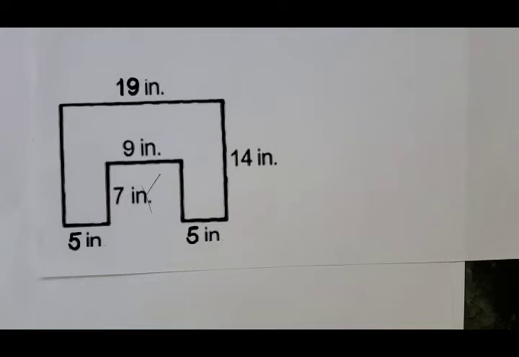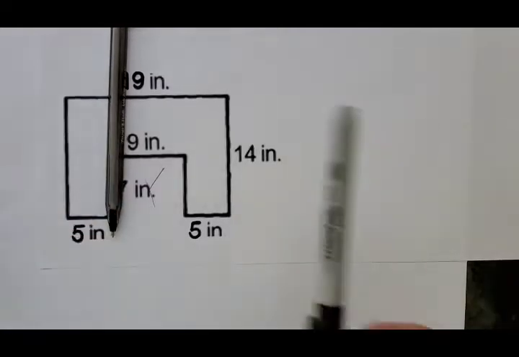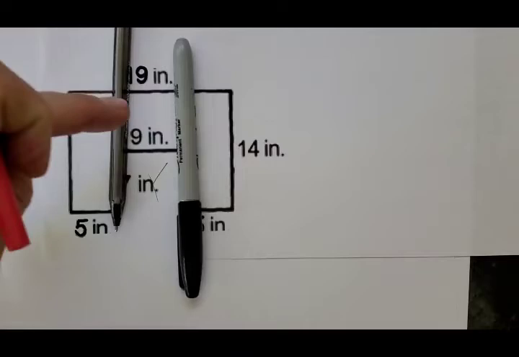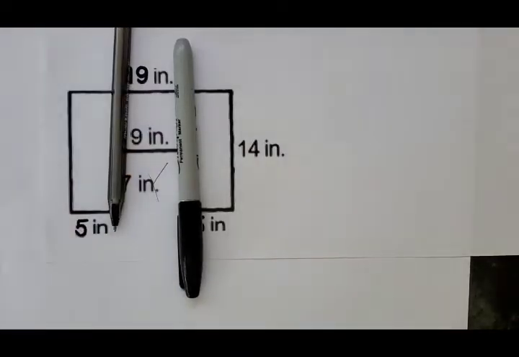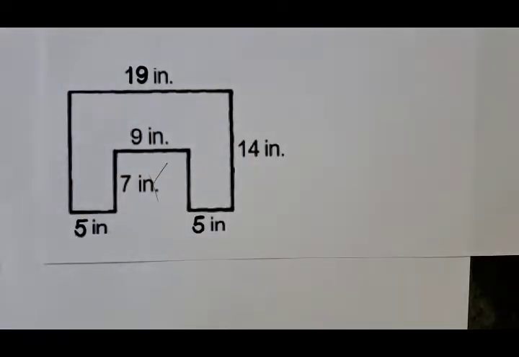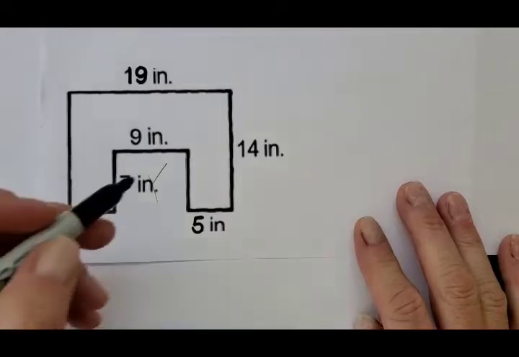Another way to do it would be to say, hey, wait a minute. We've got, let's see, if you split that there, and you split that there, we've got rectangle, rectangle, square maybe. 3 rectangles. Find the area of each, add them all together. That'll work also. I don't know how you want to do it, but I think I'm going to use that other method. I'm going to find the overall area, and then subtract out